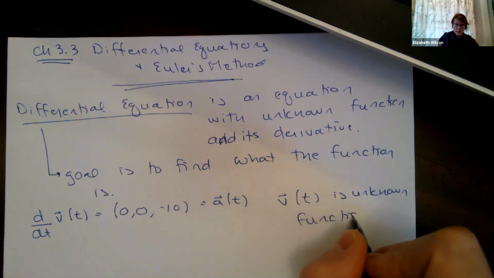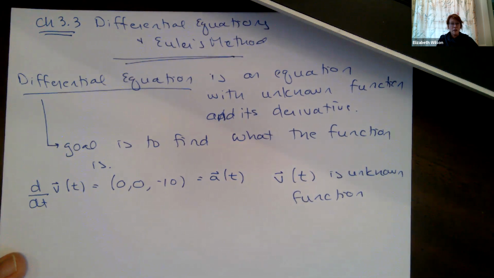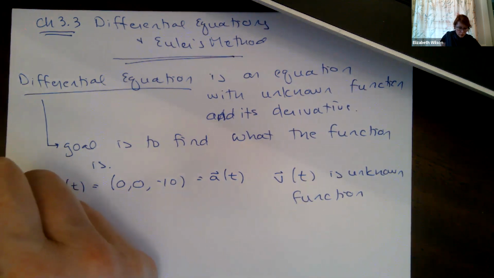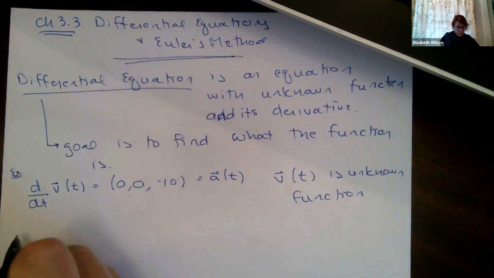function. We were doing this last time, where we needed to integrate this in order to figure out what our velocity function is as a function of time. We needed other information like initial values in order to figure out what this function is. Okay, so this is just a quick example to show you that we've already been thinking about it. So let's think about how we would describe things.